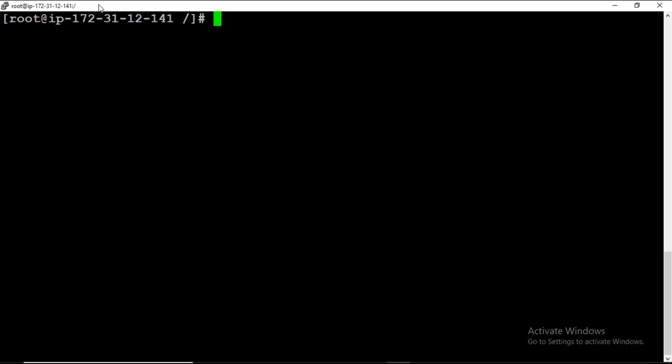So right now I am in the root user. So what is this root user? So guys, in Linux the root user is the admin. We can say that the root user has every power. Root user is also known as admin. So root user has all powers. Root user is capable of doing anything. So just ignore this part right now.